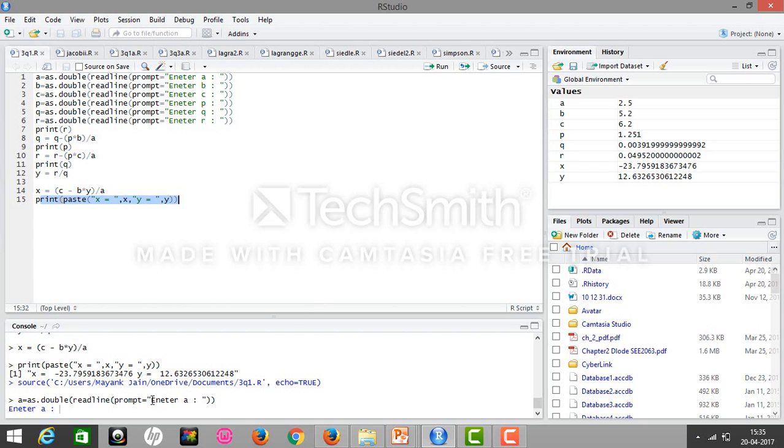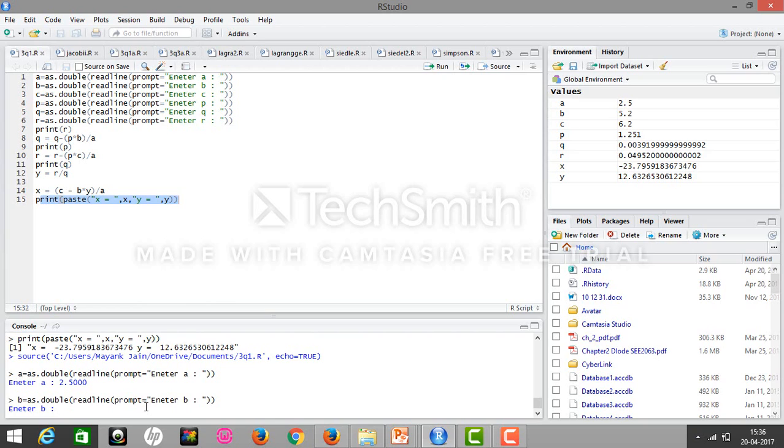I source it, and then I will give some values: for a, 2.5000; for b, 5.2123; for c, 6.2000; for p, 1.2510; for q, 2.6050; and for r, 3.1520.